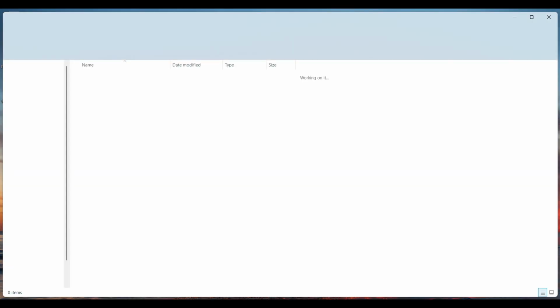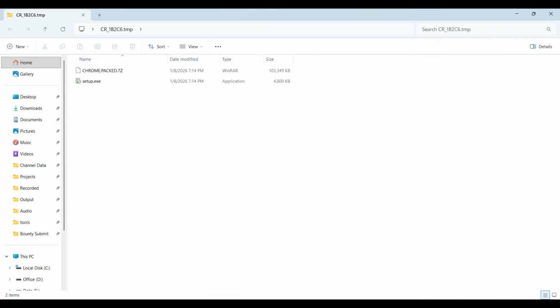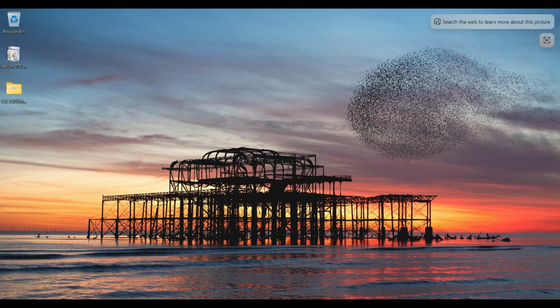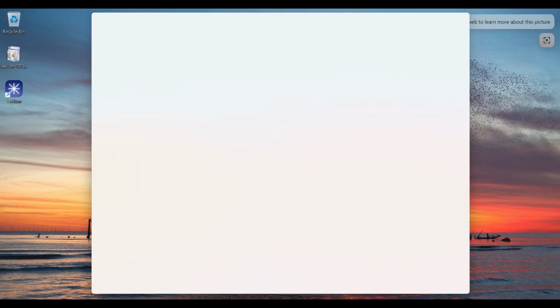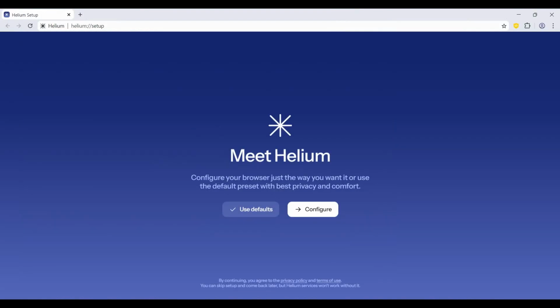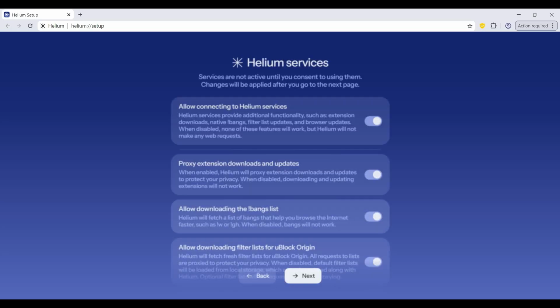So it creates a folder. So Helium browser installation is completed. It goes to the setup URL. So I configure some options. I click on config, click on next,